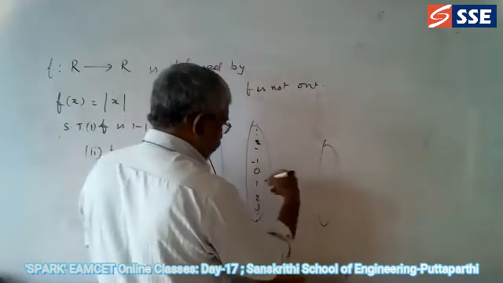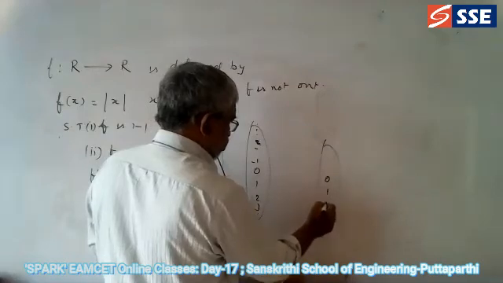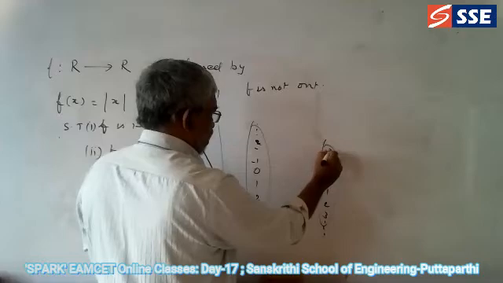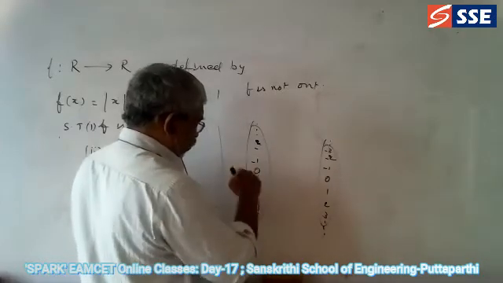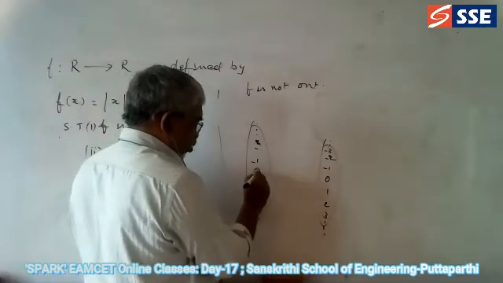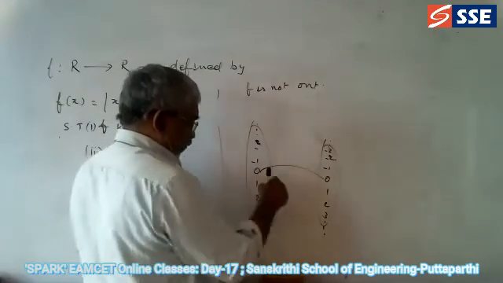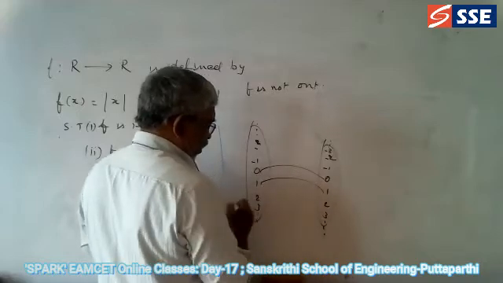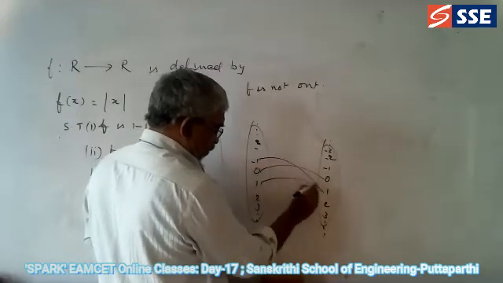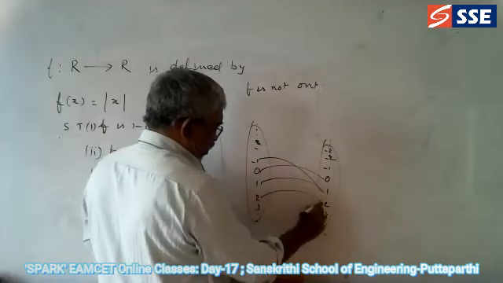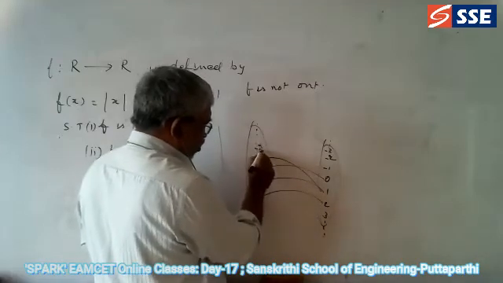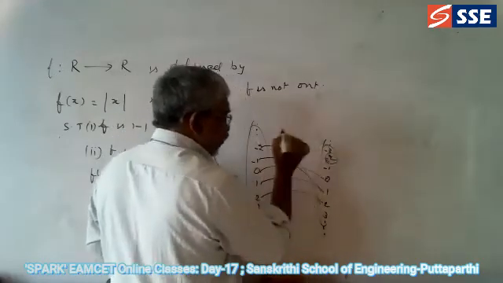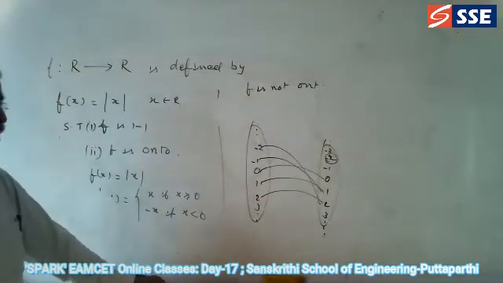So now here if you put the function here: 0, 1, 2, 3, etc. and minus 1, minus 2, minus 3. All these are in R. Now if you apply the function, f of x, x equal to 0 goes to f of x equal to 1? x equal to 1 goes to 1, x equal to minus 1 goes to 1, x equal to 2 goes to 2, x equal to minus 2 also goes to 2. But where is the pre-image for this?